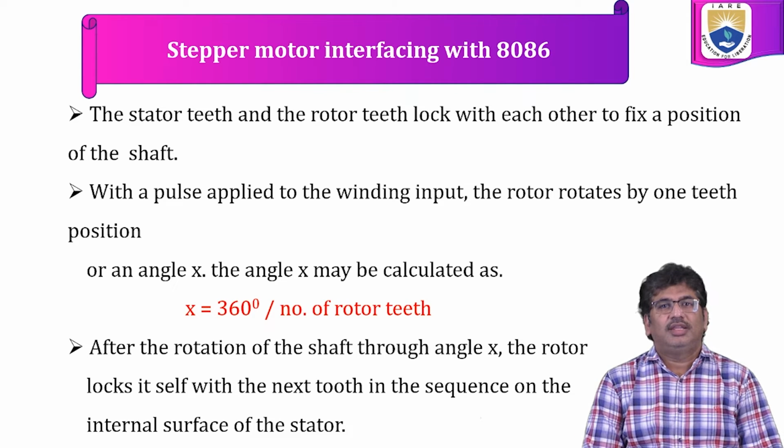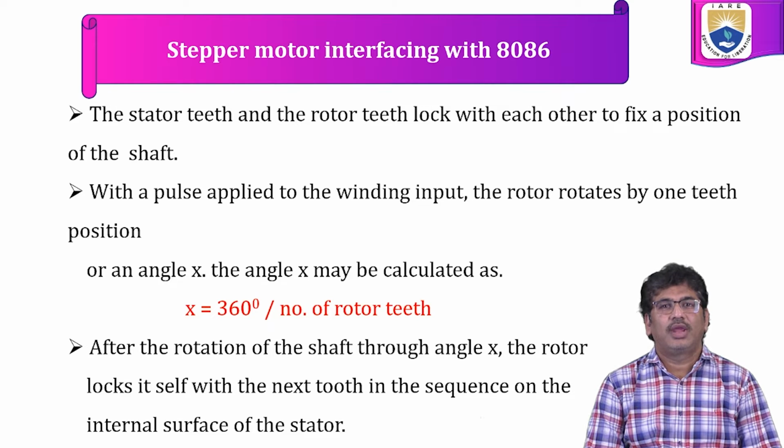The stator teeth and the rotor teeth lock with each other to fix the position of the shaft. With a pulse applied to the windings input, the rotor rotates by one tooth position